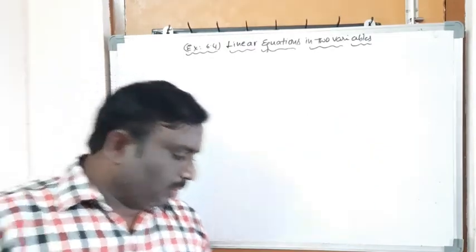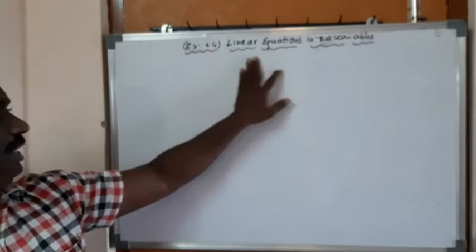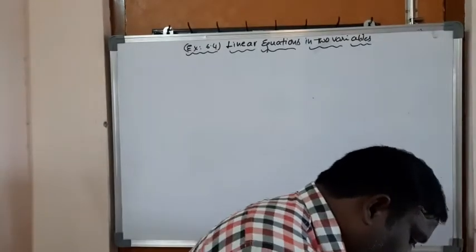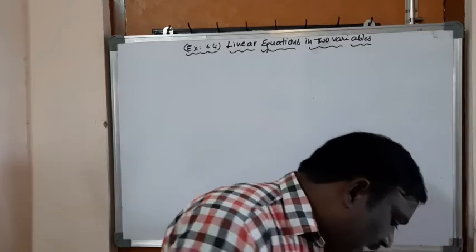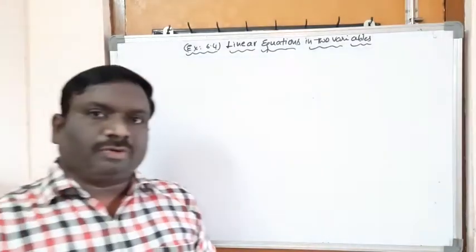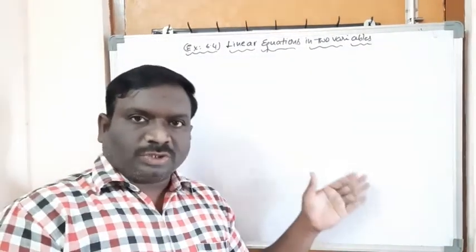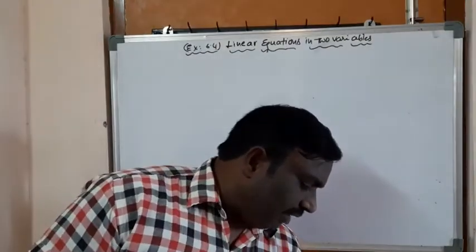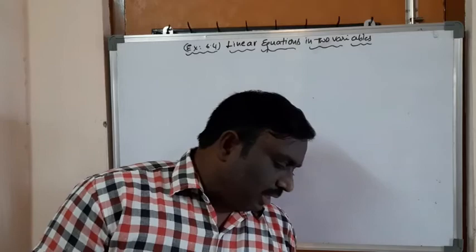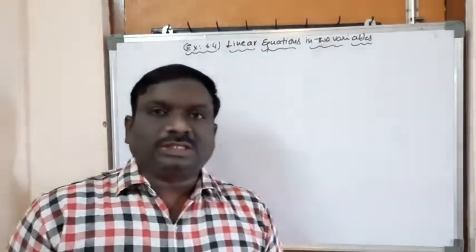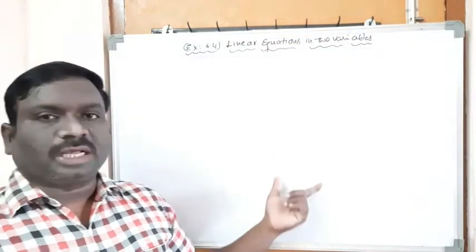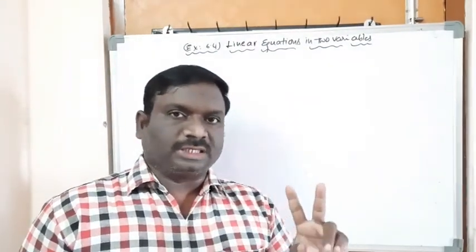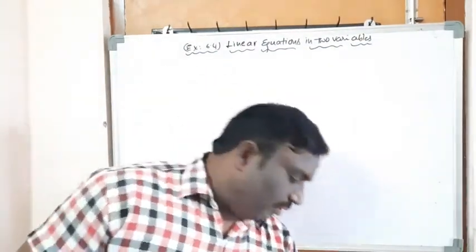Okay, so exercise 6.4, linear equation in two variables. So coming to the first question, total here 9 questions are there. I'll say only 4 or 5 questions. Remaining questions you can do on your own. The remaining questions are also the same model questions. After that 6.5 also I will explain. That is very easy. Only 6 questions are there. Those 6 questions are also based on a simple concept. So we have to complete in this session 2 exercises, 6.4 and 6.5.